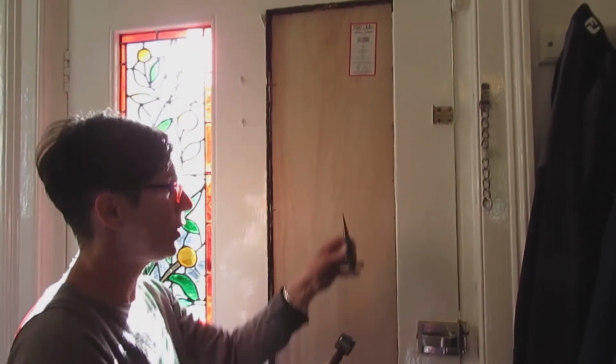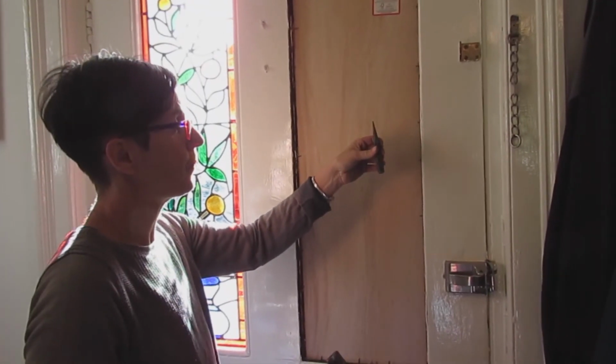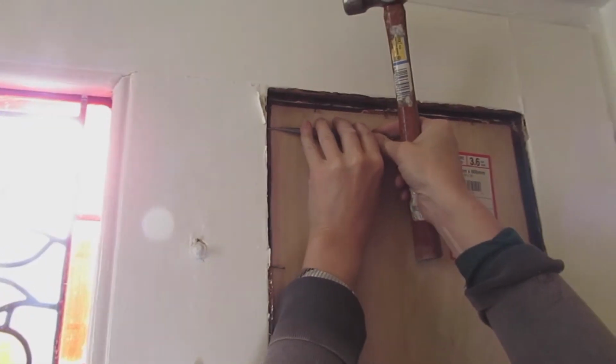The other thing that can be useful is this, and it's a nail punch. And you put it on the head of the nail